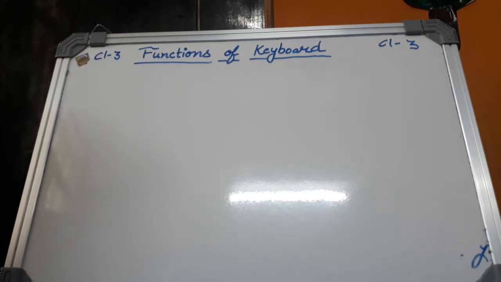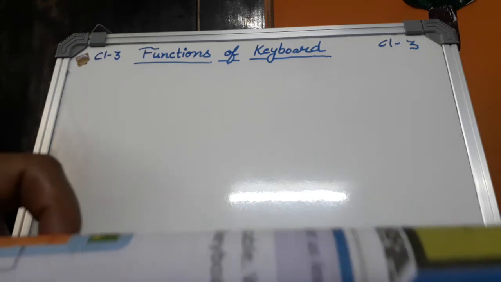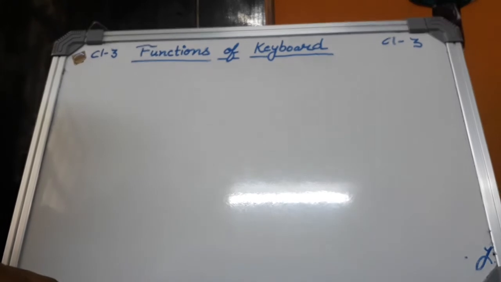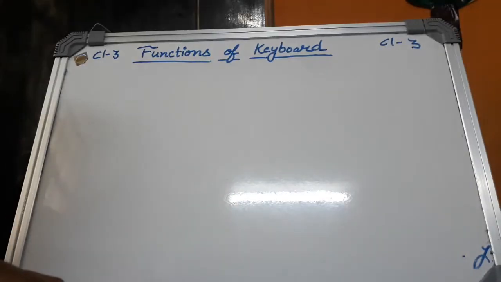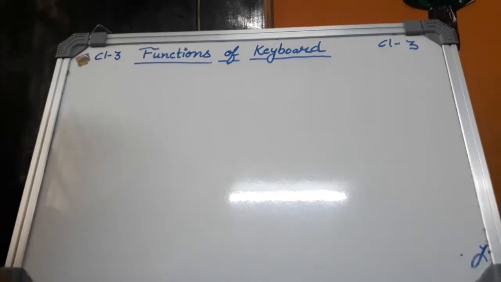We use the space bar key for space. We delete any text. Now let's start your chapter. The keyboard is an input device. You know that the keyboard is an input device. It is attached to the CPU with a cable. We can type numbers, words and characters with its keys. A standard keyboard has 104 keys.